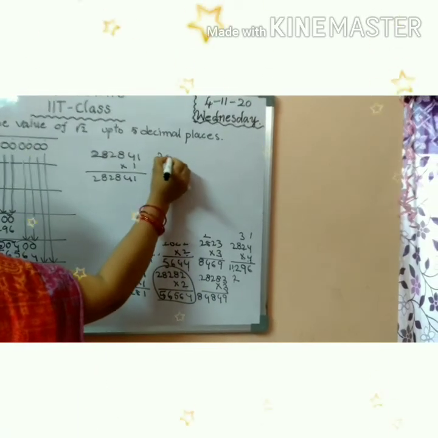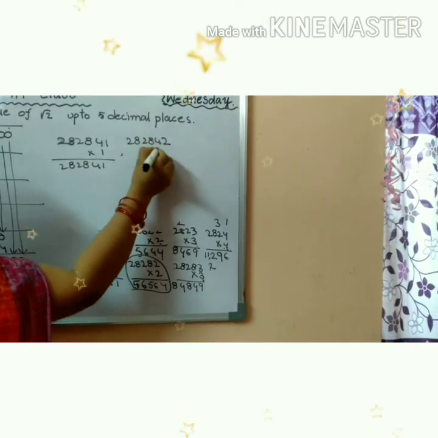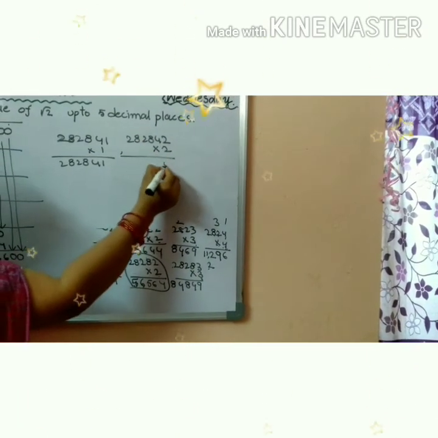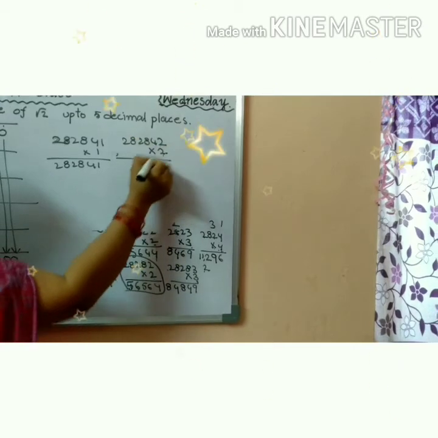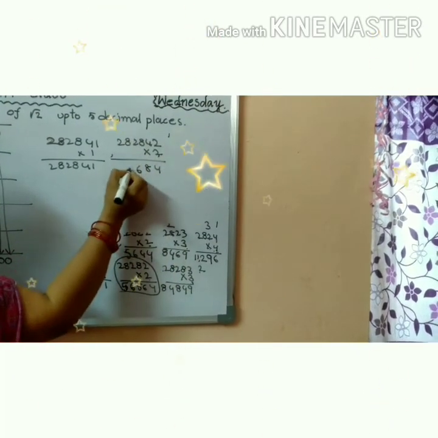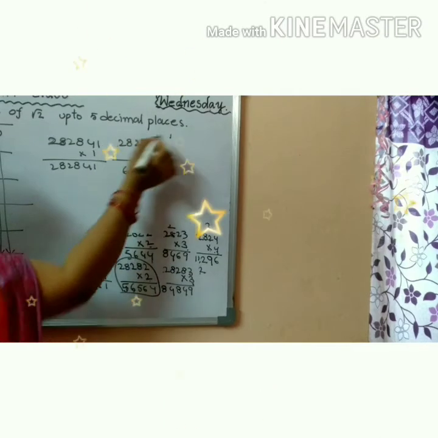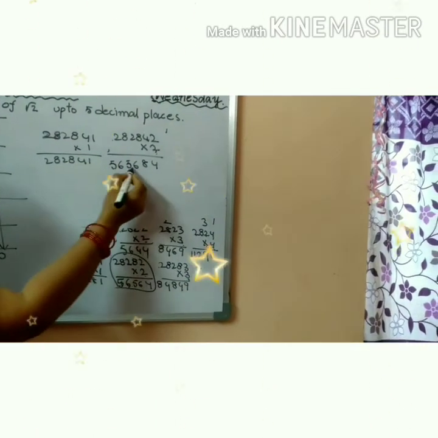So next 2, 8, 2, 8, 4, 2 into 2. Okay. 2 2's are 4, 2 4's are 8, 2 8's are 16, 2 2's are 4 plus 1, 5, 2 8's are 16, 2 2's are 4 plus 1, 5. So here write